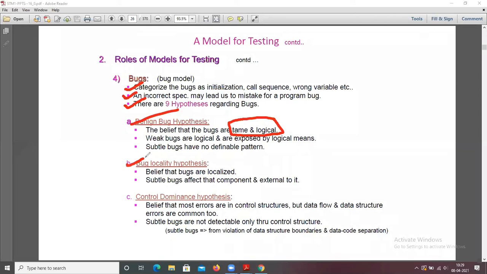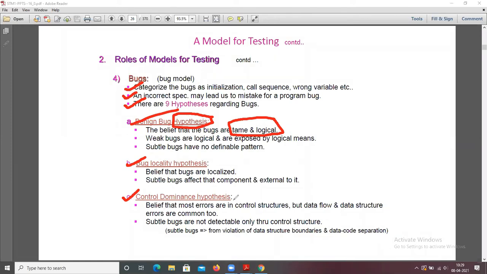Next is the bug locality hypothesis: the belief that bugs are localized. Subtle bugs affect that component and things external to it. Then the control dominance hypothesis. A hypothesis is nothing but assuming some test cases: when we are writing the program, we got these types of errors.